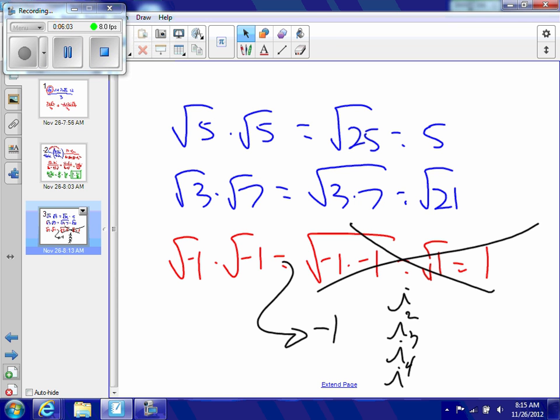So I get the concept of i, but if it doesn't make rational sense that i squared is negative 1, then how can they consider that i? That doesn't make sense. Well, you're just gonna have to,